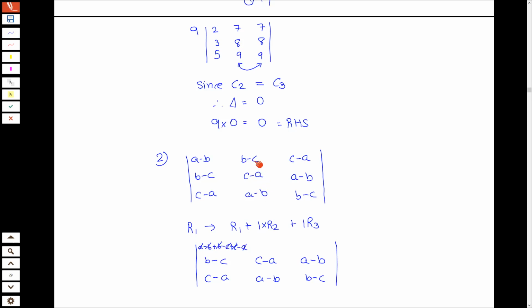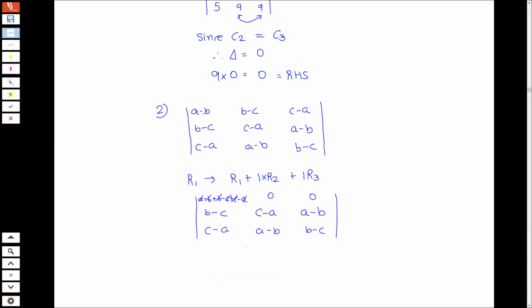So b and minus b, c and minus c, a minus a will get cancelled. So here and here you will get 0. So ultimately it is 0, 0, 0, b minus c, c minus a minus b, c minus a minus b, b minus